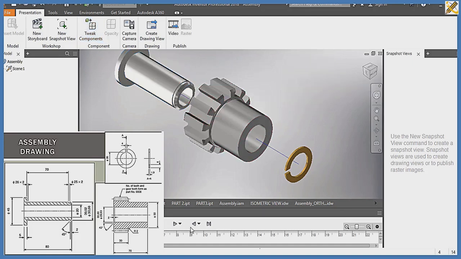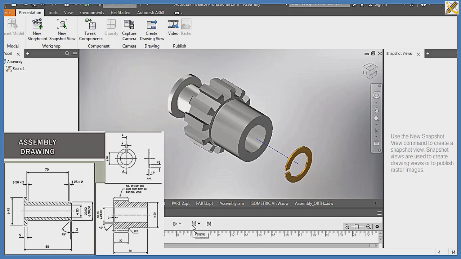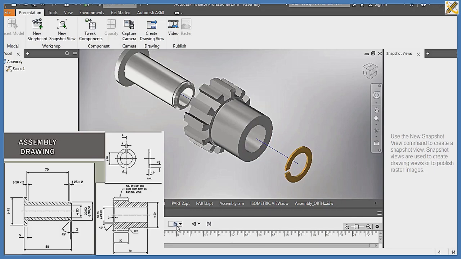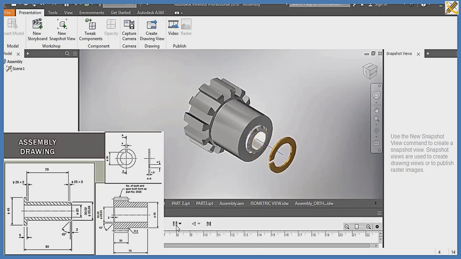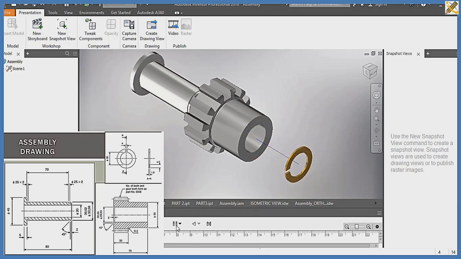Alright, so take a look at that now. Coming inwards, my washer sitting comfortably, then taking a look at this. Okay, alright, so that brings us to the end of this